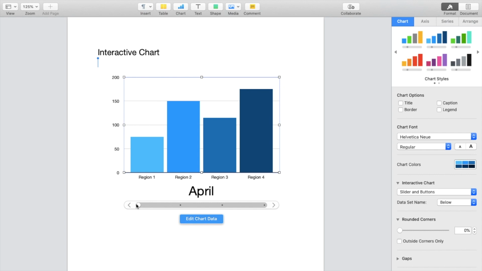This is how to insert or how to add an interactive chart inside of your document here on the Pages